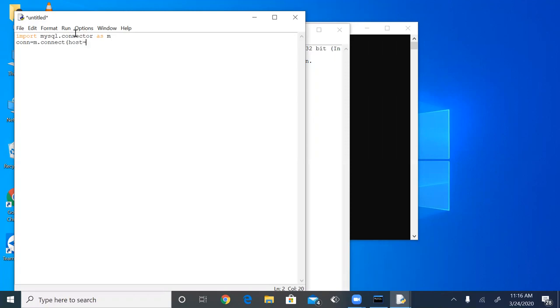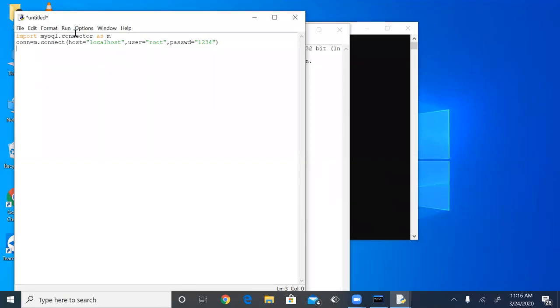Use the host, specify localhost. Another is user, specify the username, and then password equal to 1234, because I have specified the password 1234 in my computer's